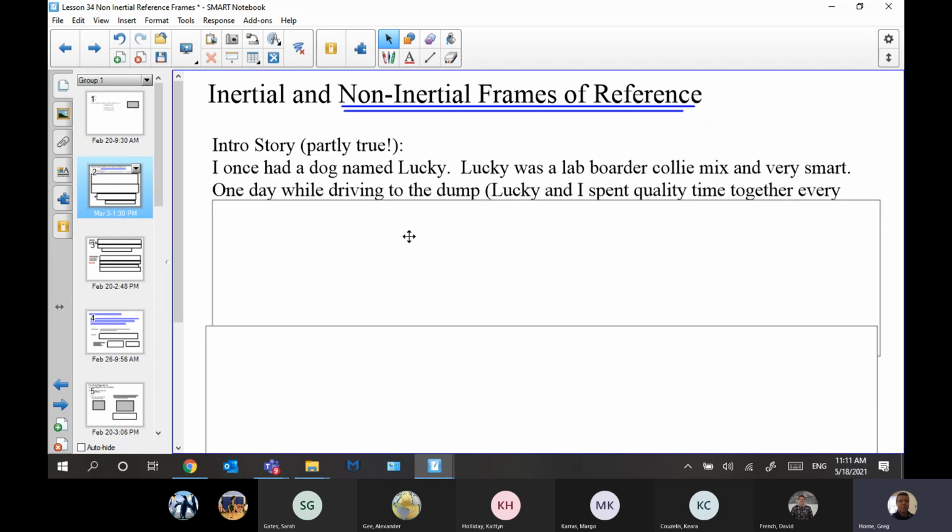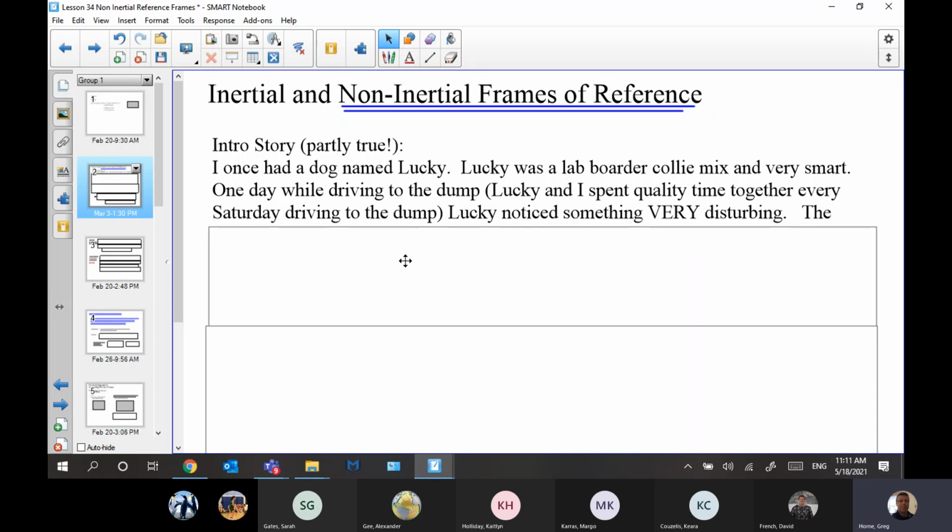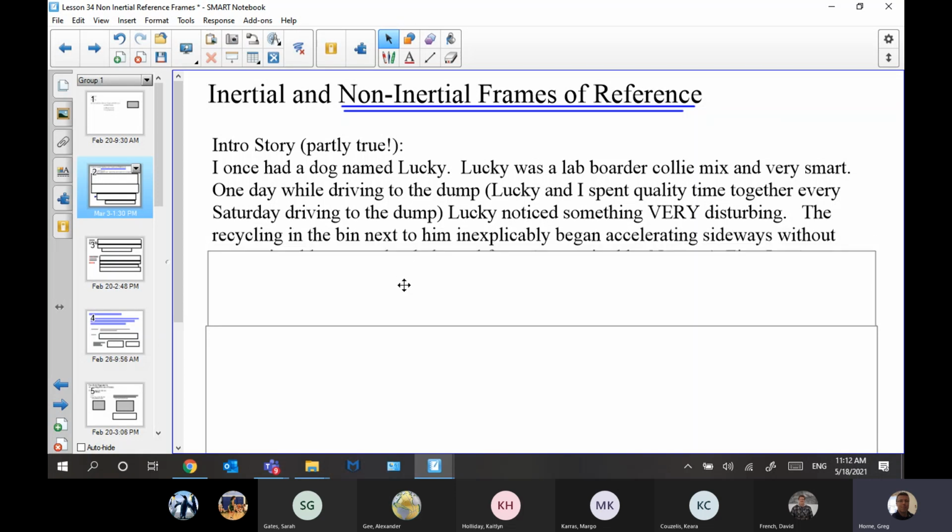So Lucky was with me as we were driving to the dump. I had to go to the dump every Saturday to drop off garbage back in the day. We weren't living on Devil Lake. So Lucky noticed something very disturbing on that drive. The recycling bin next to him in the back seat of the 99 Chrysler Cirrus, just to visualize things here, this four-door sedan that we had at the time,